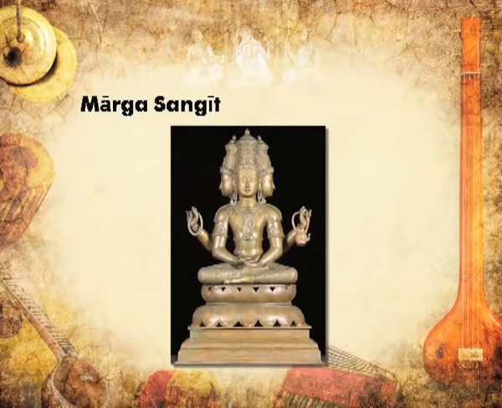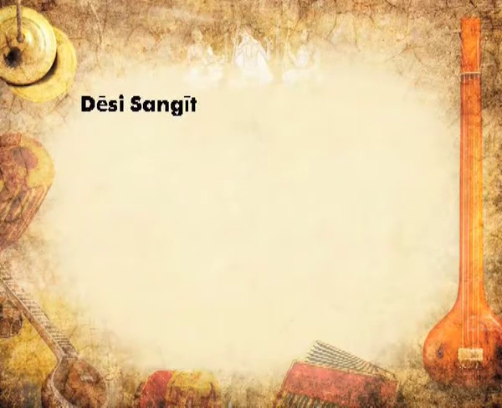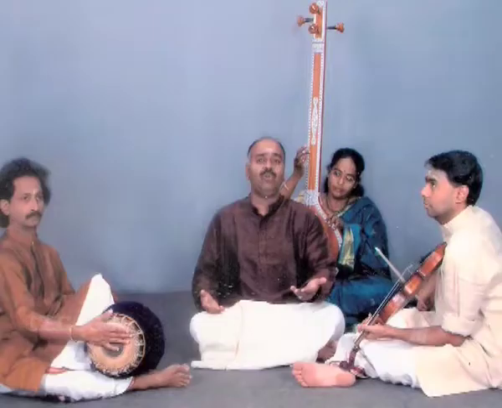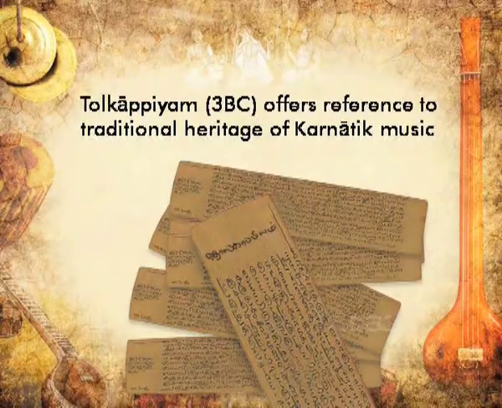It is believed that Marga Sangeet was created by Brahma and other deities and meant to be presented before the gods to please them and not for entertainment. The Desi Sangeet is of 2 kinds, Karnatic and Hindustani. The treatise Tolkappiyam, which dates back to the 3rd century BC, gives a fair idea of a traditional heritage